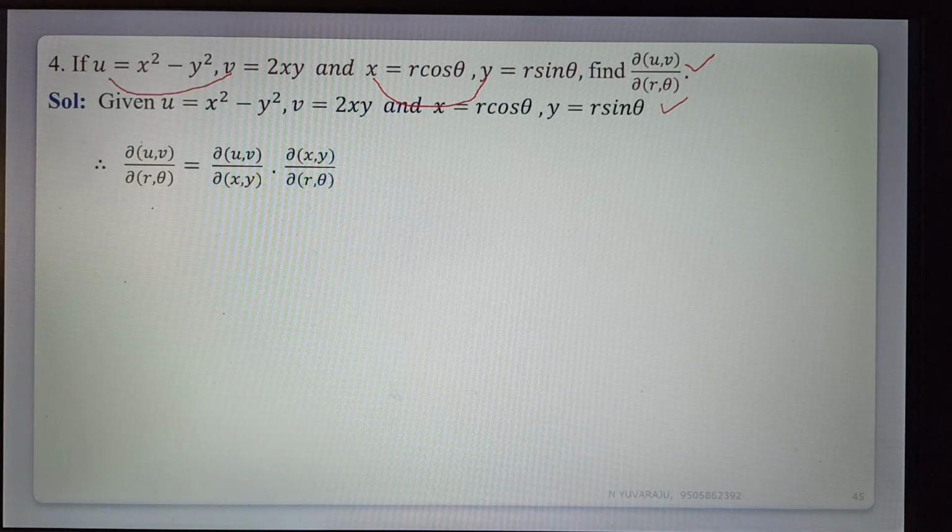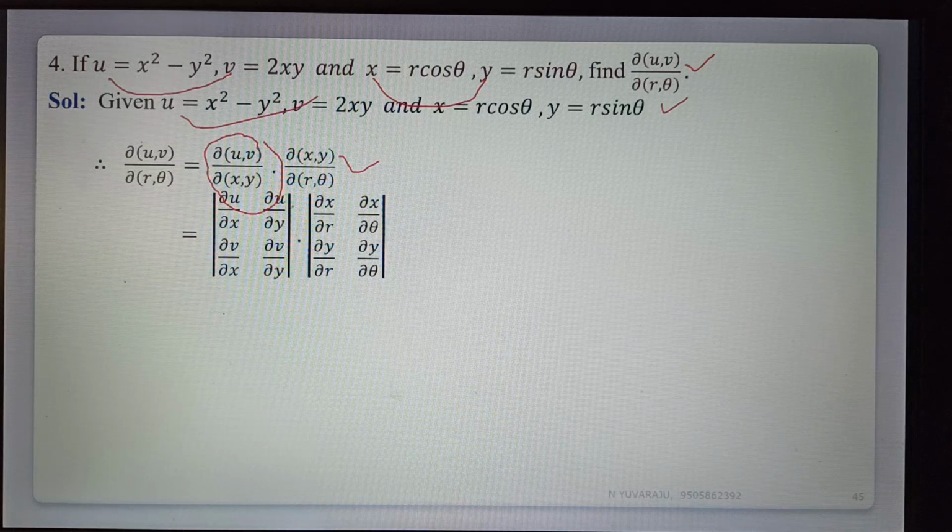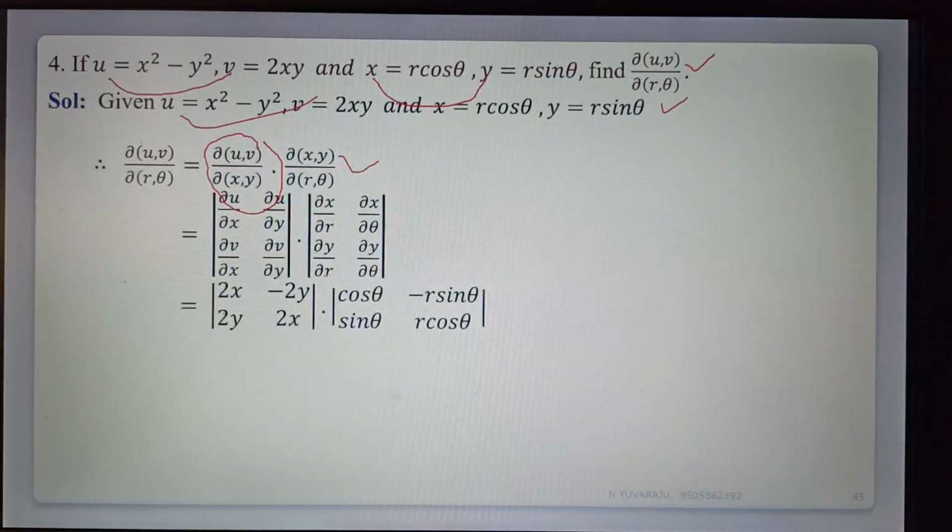Dou of u comma v by dou of r comma theta is equal to, u, v is a function of x, y, so the Jacobian of dou of u comma v by dou of x comma y, and x, y's Jacobian dou of x comma y by dou of r comma theta. So that is equal to the determinant of dou u by dou x, dou u by dou y, dou v by dou x, dou v by dou y into dou x by dou r, dou x by dou theta, dou y by dou r, dou y by dou theta. That is equal to, finding dou u by dou x is 2x, dou u by dou y is minus 2y, dou v by dou x is 2y, dou v by dou y is equal to x, dou x by dou r is cos theta, dou x by dou theta is minus r sin theta, dou y by dou r is sin theta, dou y by dou theta is r cos theta,